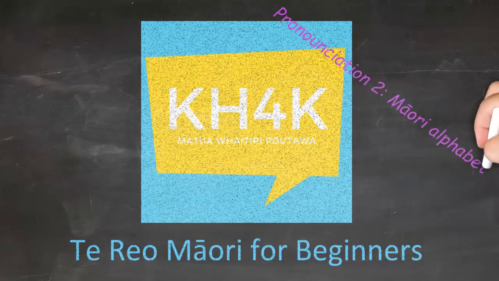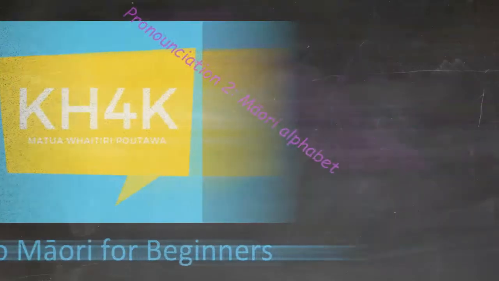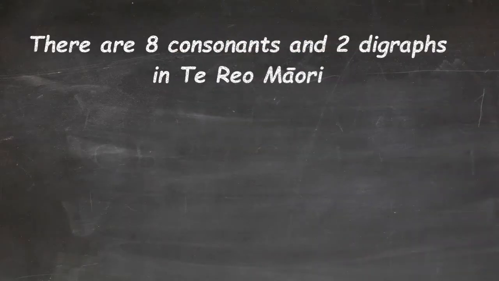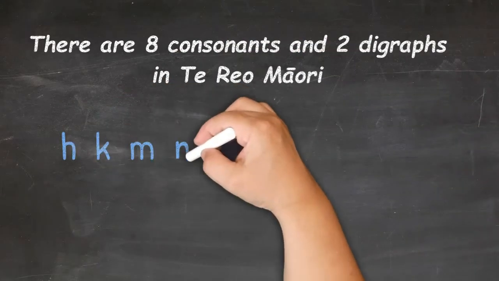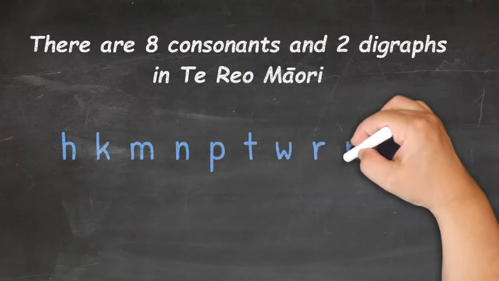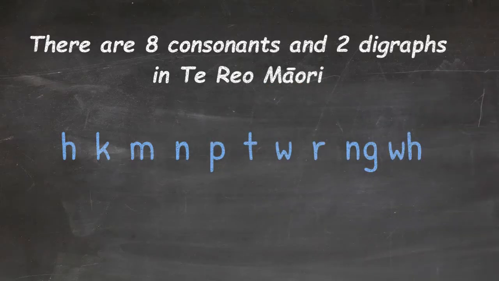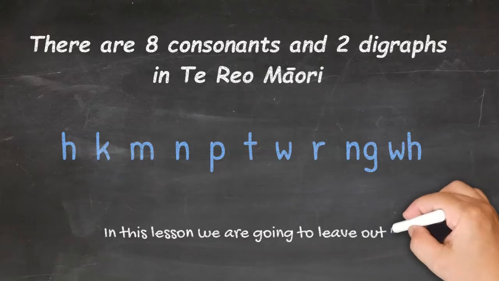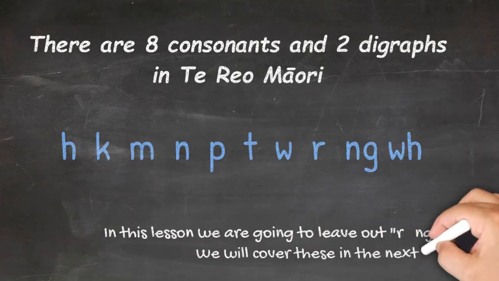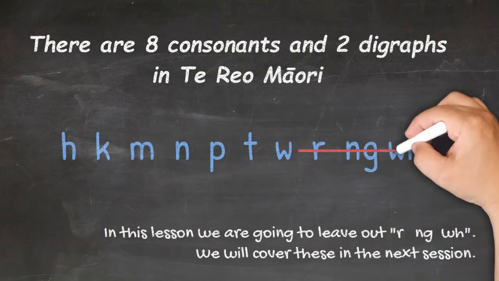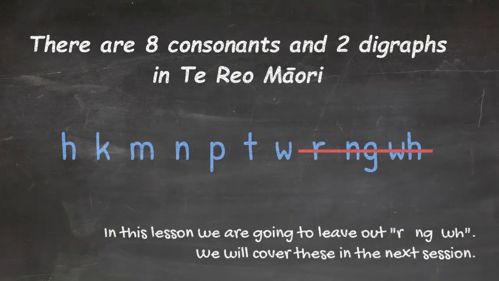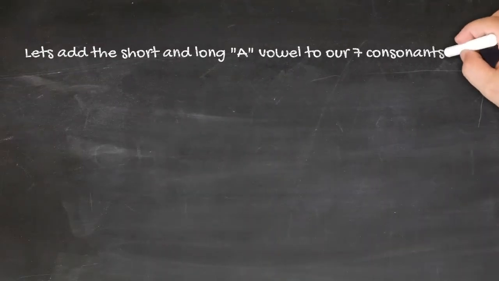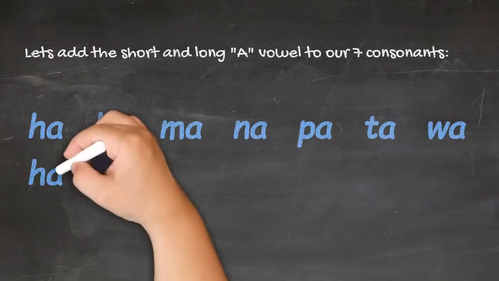Pronunciation lesson number 2, the Māori alphabet. There are 8 consonants and 2 digraphs in Te Reo Māori: H, K, M, N, P, T, W, R, NG, and WH. In this lesson, we're going to leave out the R, NG, and WH, and we will cover these in the next session. For now though, let's add the long A vowel sound and the short A vowel sound